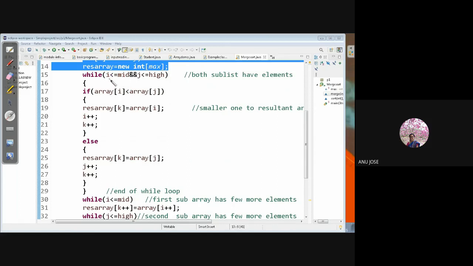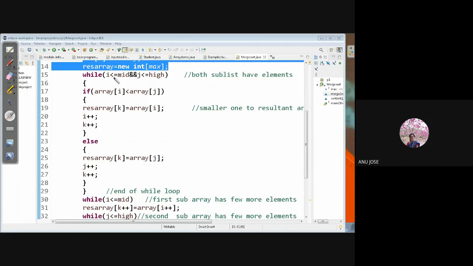That means the first array has some elements to process. And J was starting from mid plus 1 to high, so if it has not reached high, the second array also has some elements. So this while loop indicates that both conditions are satisfied, meaning both the left subarray as well as the right subarray have elements.